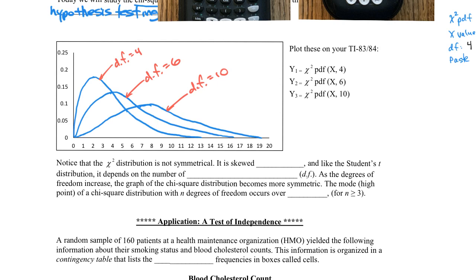But here's a question for you. What is the area underneath this first curve? It's 4 degrees of freedom. I know what you're thinking. 1. And you are right. What about the area underneath this curve with 6 degrees of freedom? 1. This curve with 10 degrees of freedom? 1. Always 1, right? These curves that we use with continuous functions are purposely